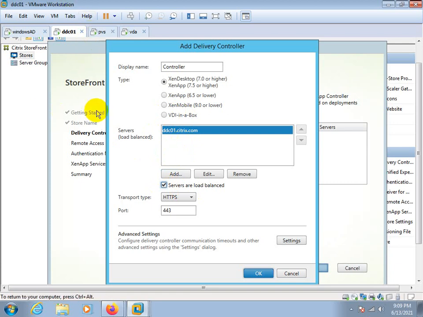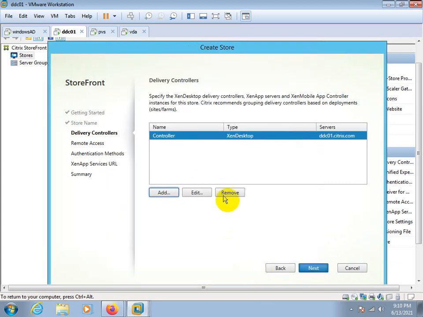Any request that comes to StoreFront and goes through StoreFront to the delivery controller is load balanced. It means it's not going towards one delivery controller only. If the first request goes to the first delivery controller, the second will go to the second delivery controller. It's a round robin process. Load balancing always follows the round robin process, and the same process is applied in NetScaler in case we are using NetScaler as a load balancer.